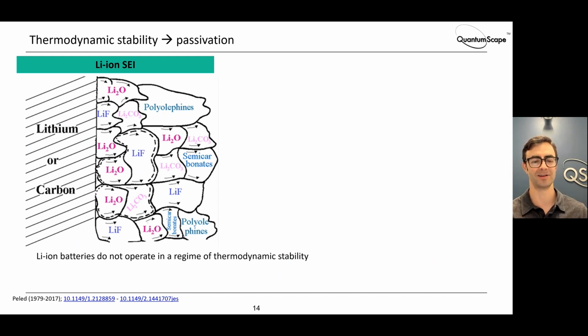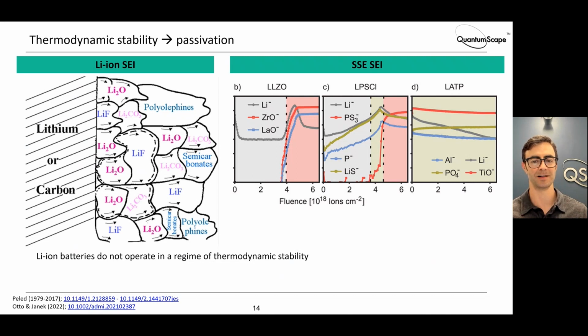So lithium-ion batteries don't operate in a regime of thermodynamic stability, they operate in kinetic stability. So this concept could be applied to solid-state batteries as well. There have been studies such as this one done by the Yannick group that study the passivation processes. This particular study was done on 3 popular solid-state electrolyte materials: an LLZO, a sulfide argyrodite compound, and a glassy